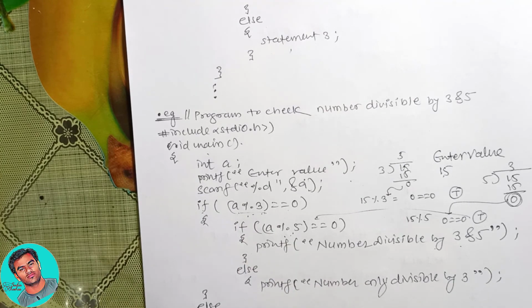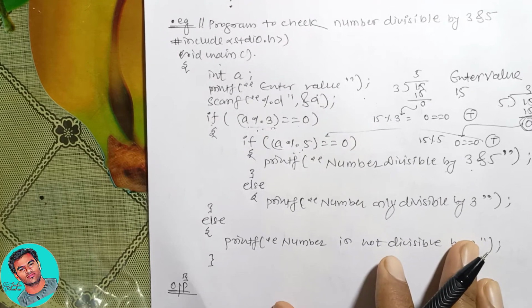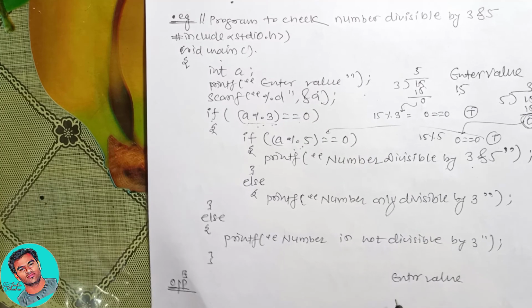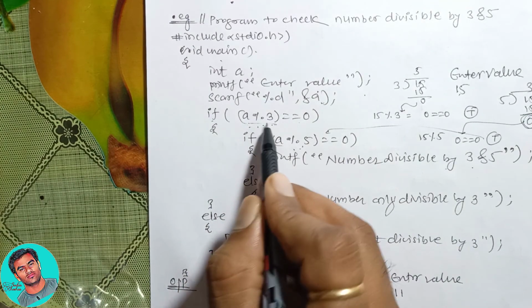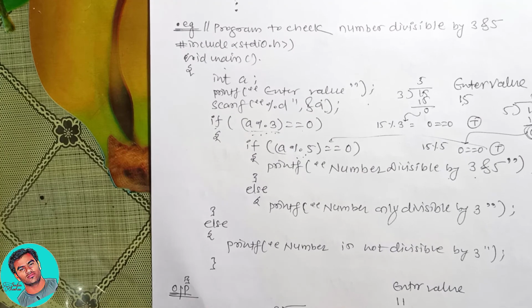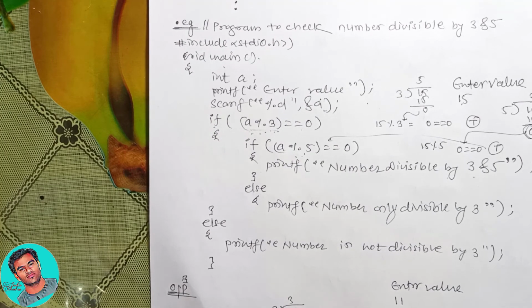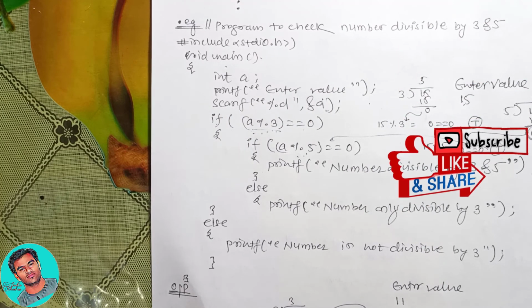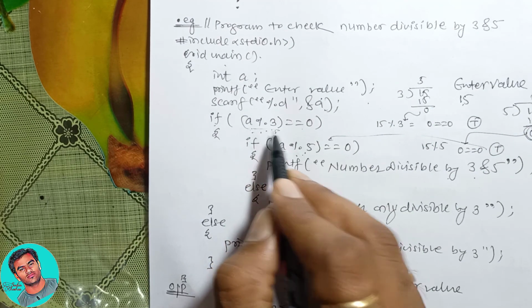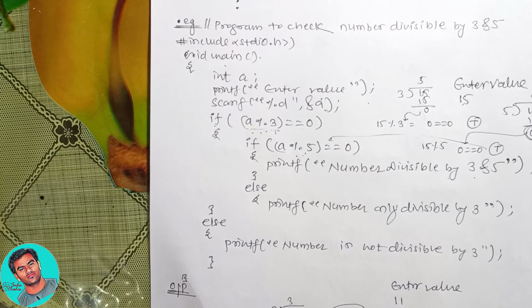Now we are going to check another condition. Enter the value, and I write here 11. Now what happens? A modulus 3, so 11 modulus 3. 3 threes are 9, so the value is 2, that is the mod value. So 2 double equals 0, as the condition shows. This is the output of a modulus 3, and the condition is false, as 0 is not equal to 2, so false comes here.